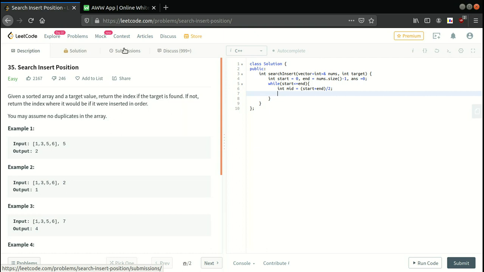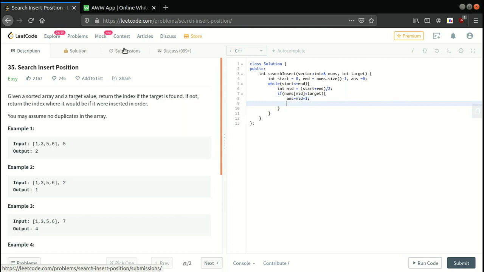And now what we are going to check is, if our nums mid is less than our target, then what we are going to do here is, answer equals mid plus 1.